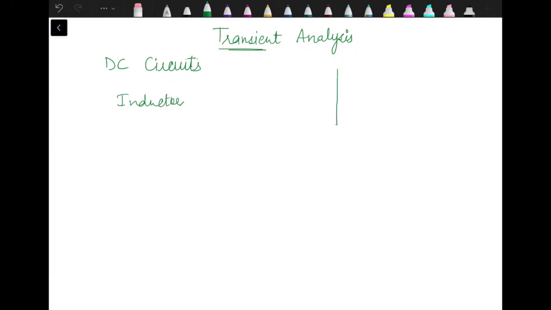So when we switch on any circuit, if the current is initially 0 and we are turning on the switch, ideally current should increase to its steady state value, let's say I, at the same instant. But because of inductor, it can't